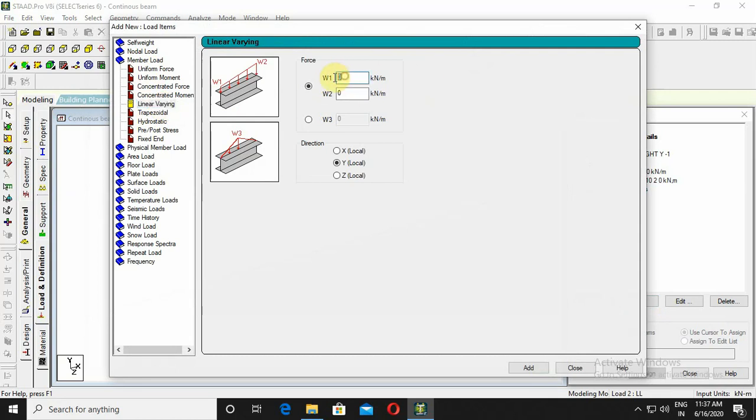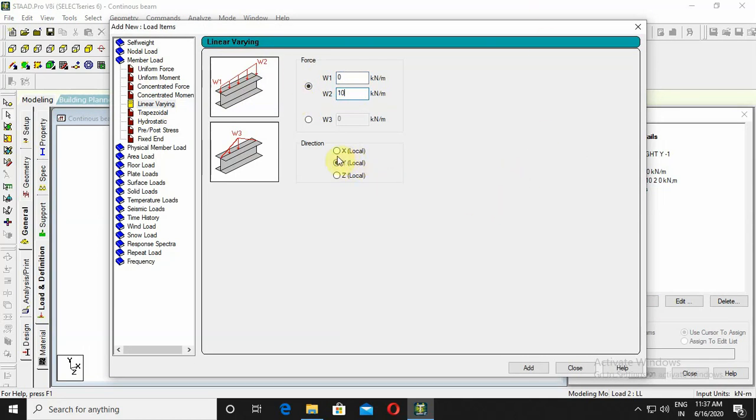Now there is some picture showing W1 and W2. W1 means if it is a trapezoidal load you need to enter some certain value. If it is a linearly varying triangular load, then W1 will be 0, and W2 is the maximum intensity of the load, which is 10 kilonewton per meter.